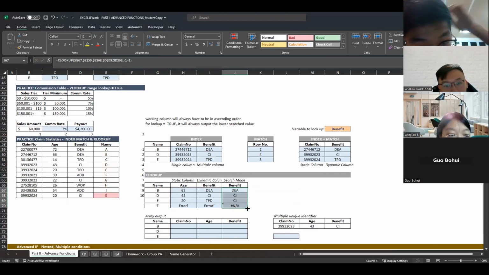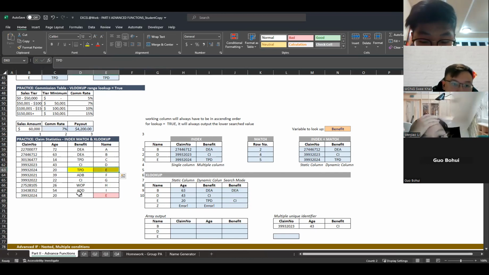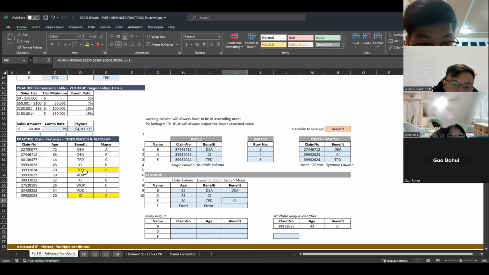Let's look at something more juicy, like column E. Name E. You see that E has this output here and this output here. But now you see that E returns me CI instead of TPD.